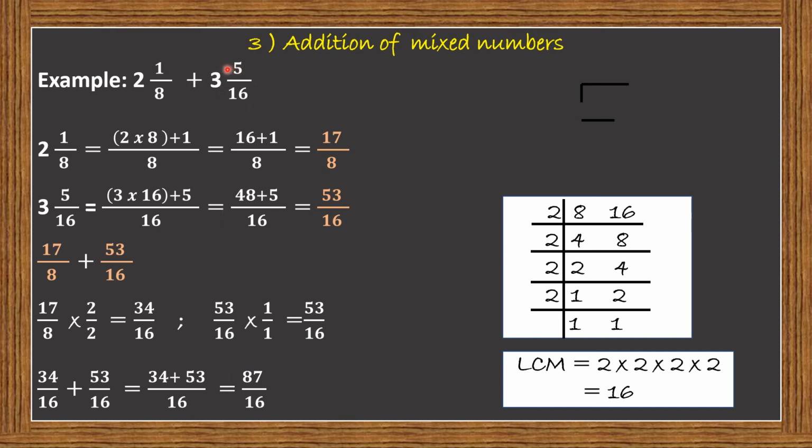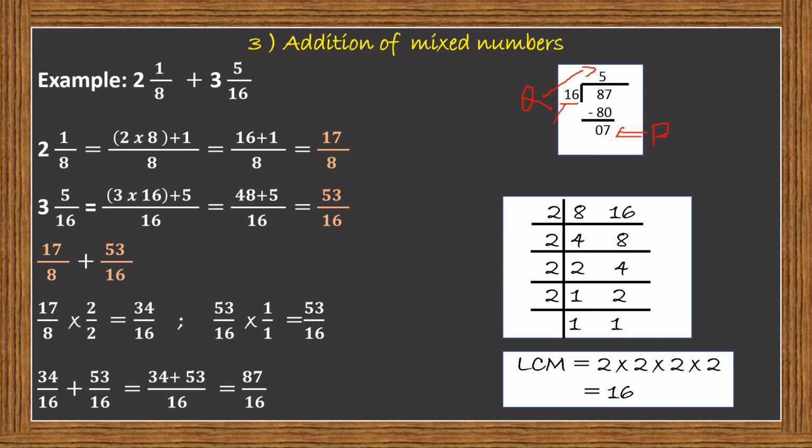Now when we are making this into a mixed number, what are we doing? Yes, we are dividing the numerator by the denominator and we are finding out Q, R and D. Just now we have seen. So let's calculate in this case also. So here we are doing division. We are dividing 87 by 16. 16 5s are 80 and the remainder is 7. So we got quotient as 5, remainder as 7